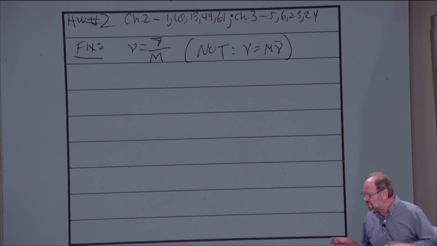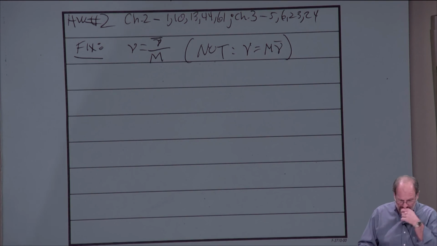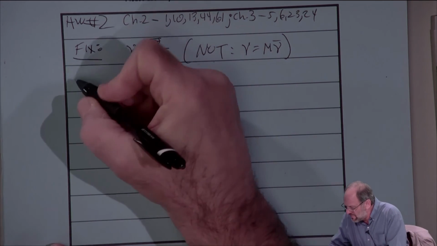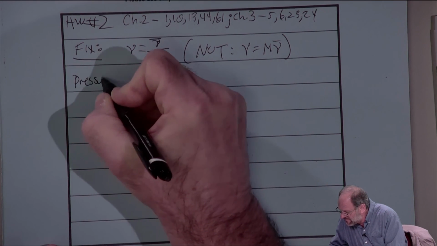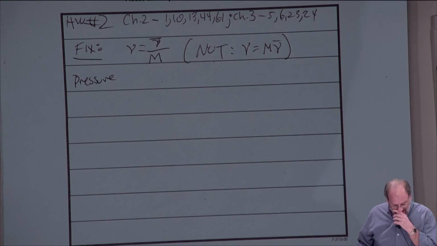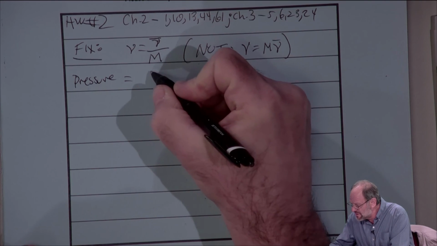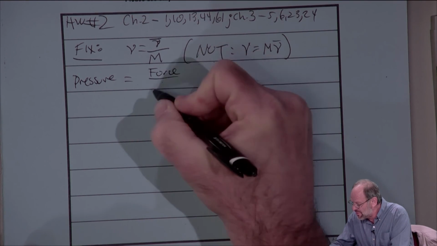So let's just continue from last time. We're talking now about some different properties. We've talked about volume and specific volume now. The next one that I want to talk about is pressure. So we're really just continuing from before. All right, so when we talk about pressure, hopefully we all understand that pressure is really just the force per unit of area.